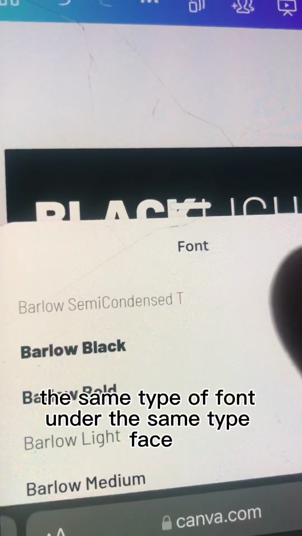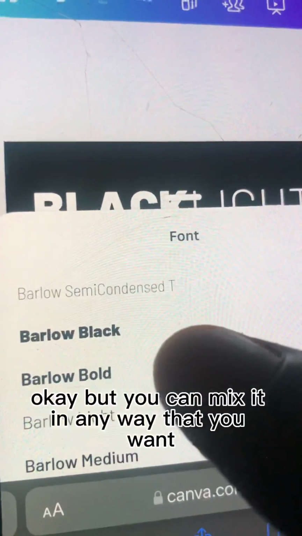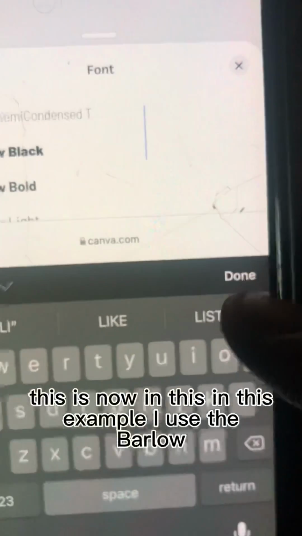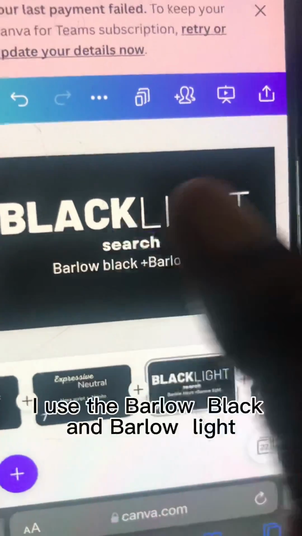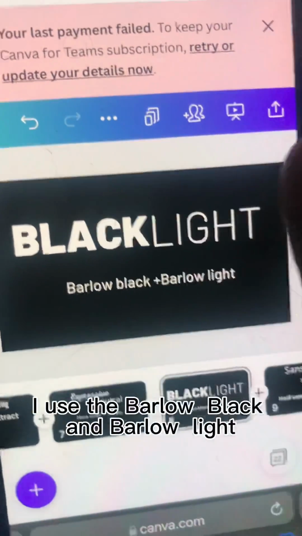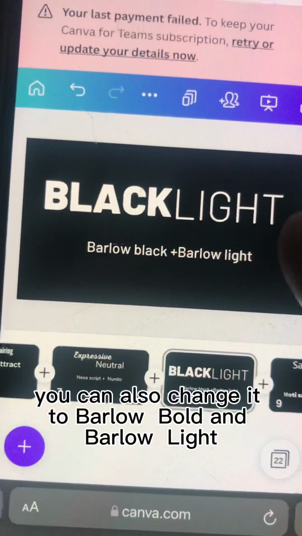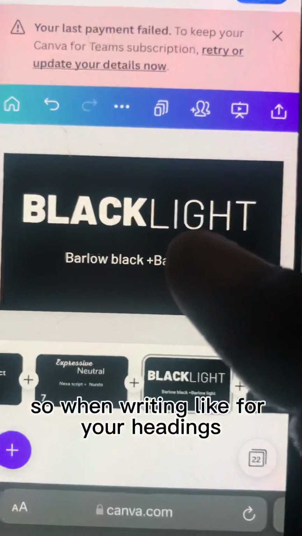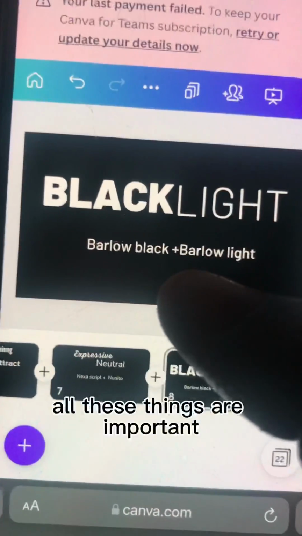Same type of font under the same typeface, okay, but you can mix it in any way that you want. In this example, I used Barlow Black and Barlow Light. You can also change it to Barlow Bold and Barlow Light, or Barlow Thin and Barlow Thick. So when writing your headings, your headers for your graphic design, all these things are important,